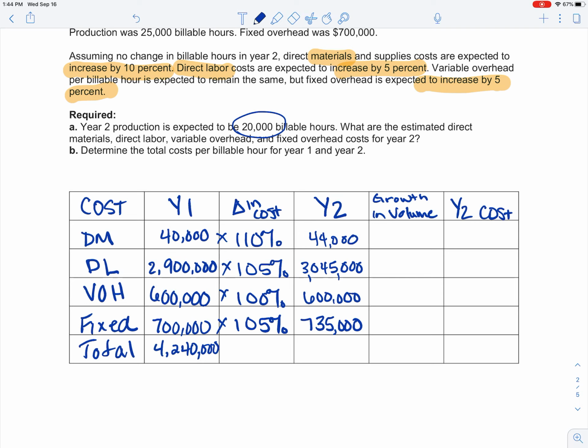To do that, I'm just going to put that into a percentage, saying I only want 20,000 out of the 25,000 for each category. Except for fixed costs. Fixed costs are going to stay the same. They're fixed. They're not based on level of activity. So again, I multiply this out, and I'm going to come up with my actual year two cost at 20,000 billable hours. If I multiply that out,